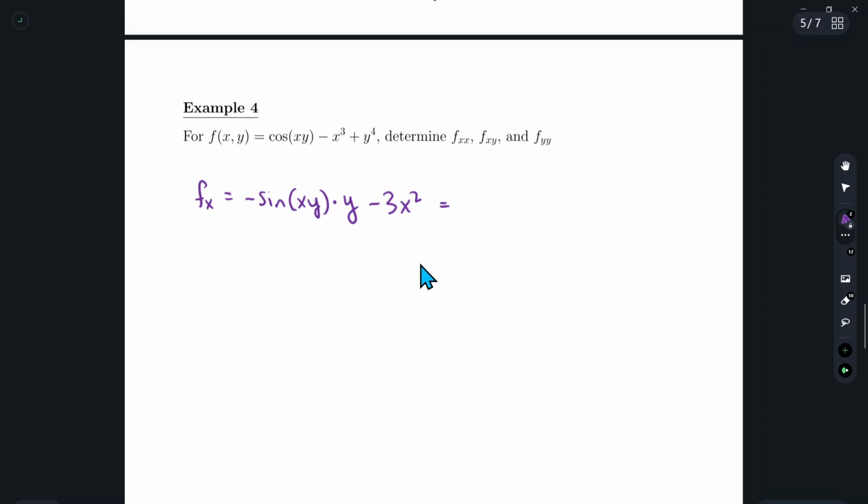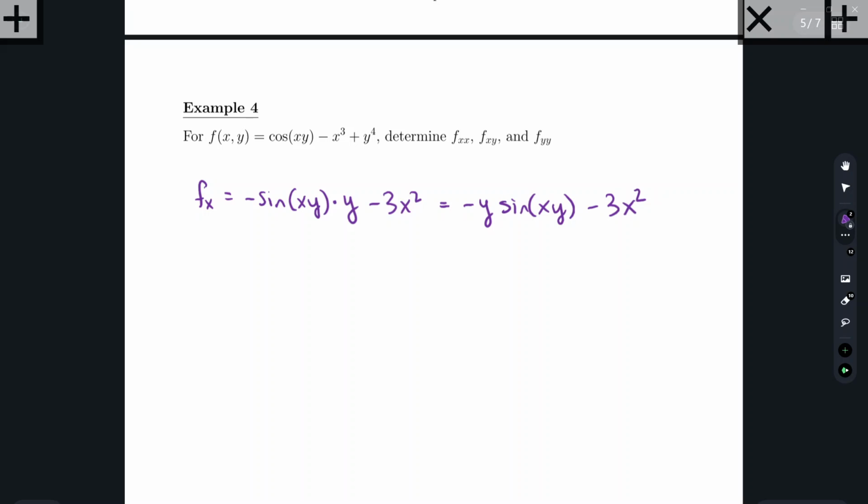And so let's rewrite it. So typically something like this, I put the y in front of the trig function. So you get minus y sine of xy minus 3x squared. Okay, so now that I have the first order partial with respect to x, then I can now get the